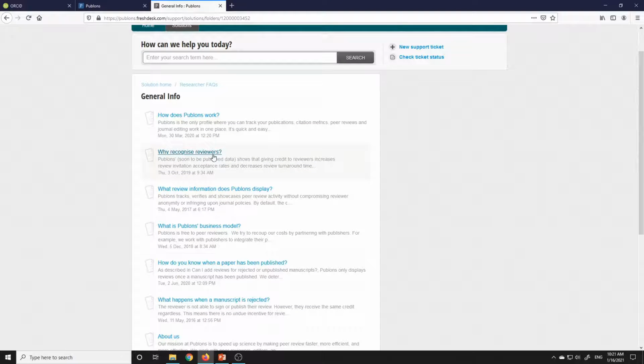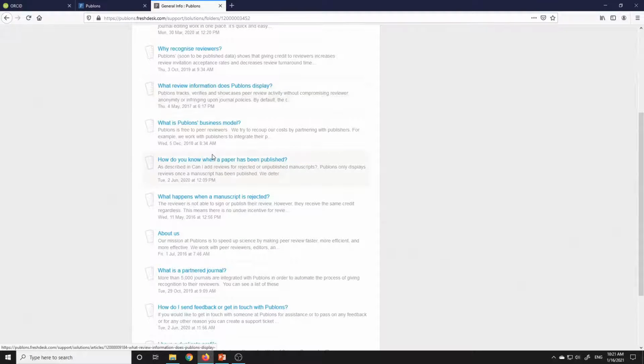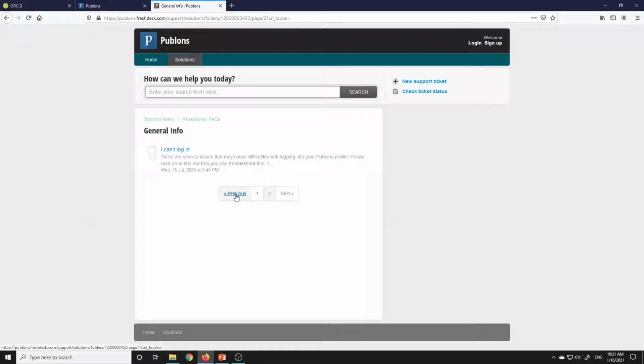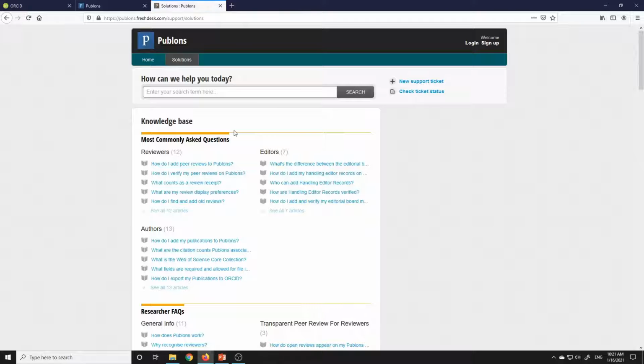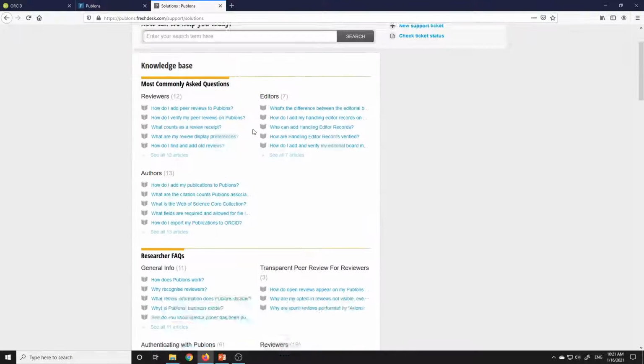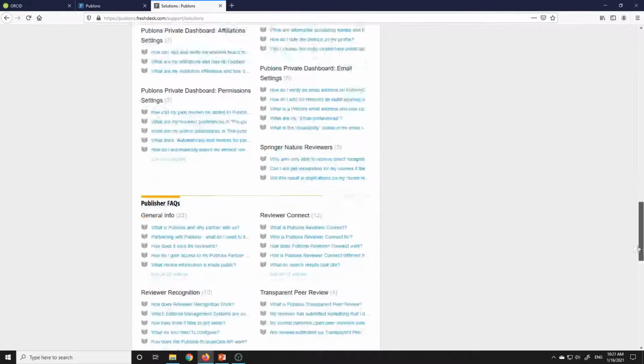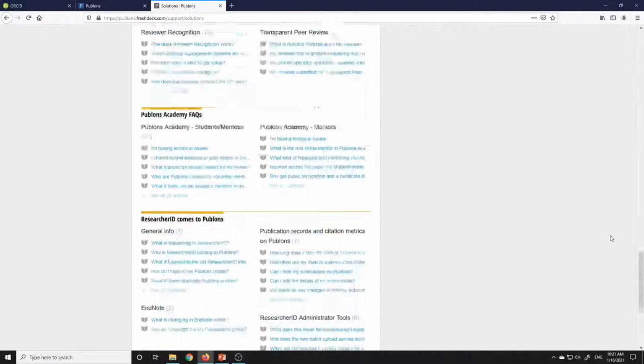See, they have given everything here. Why recognize reviewers, everything about us, what happens when a manuscript is rejected, everything is given here. So you have got lots of benefits if you create a Publons ID, for authors, for readers, everything. You can just go through whatever is important for you.